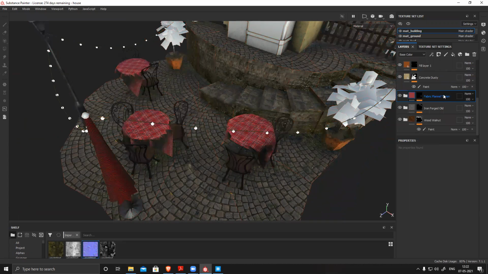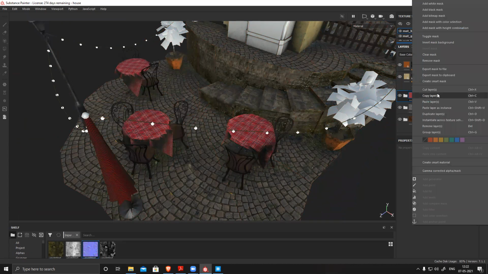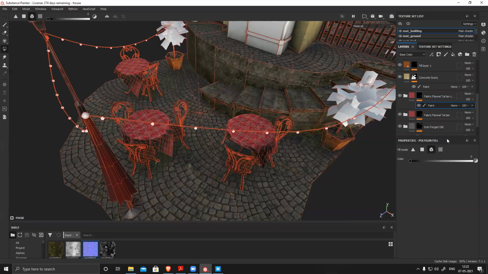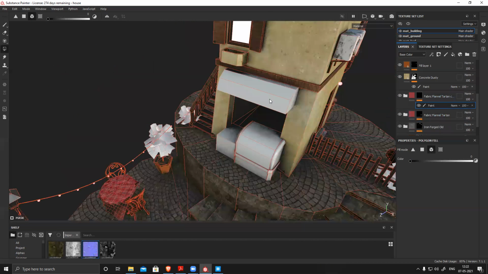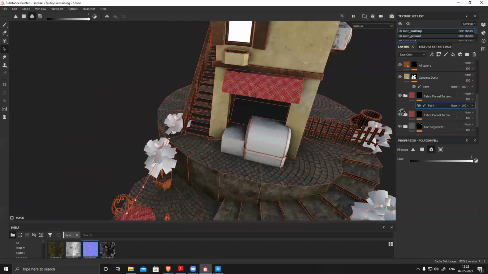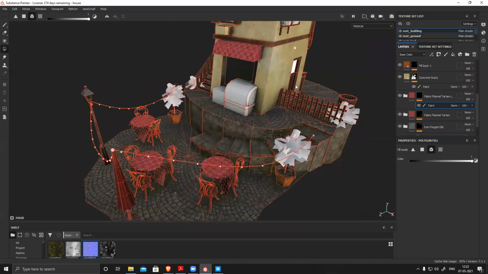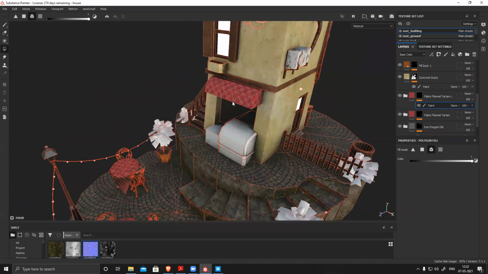So I'll just simply duplicate this, duplicate layers, select this, paint, delete this paint, right click, assign a new paint, and select this X to switch between black to white. I can use the same thing, but I'm planning to use the same texture, but with a color change.